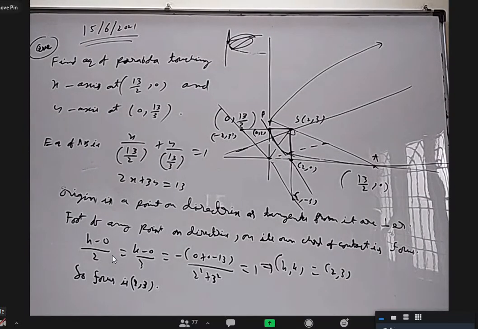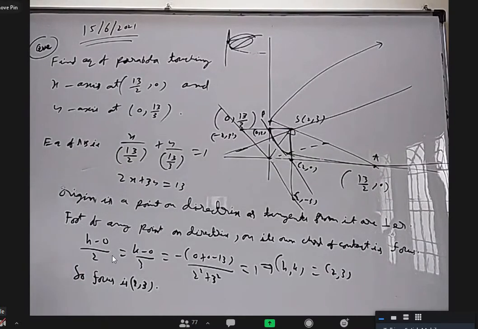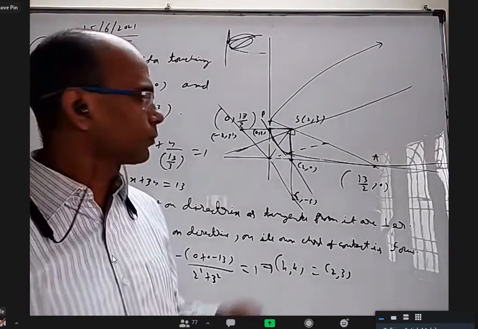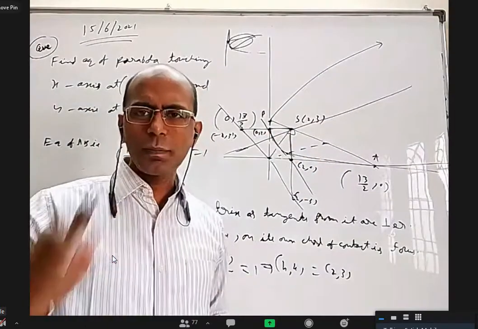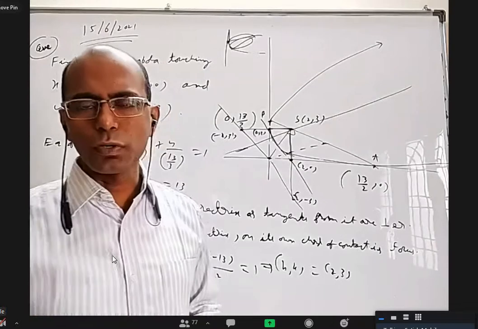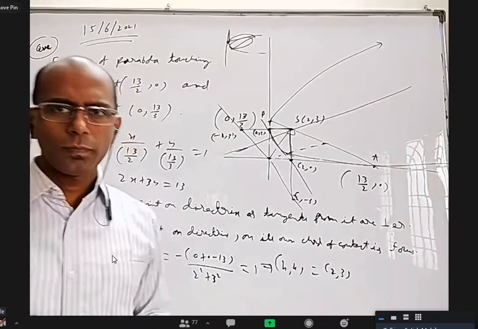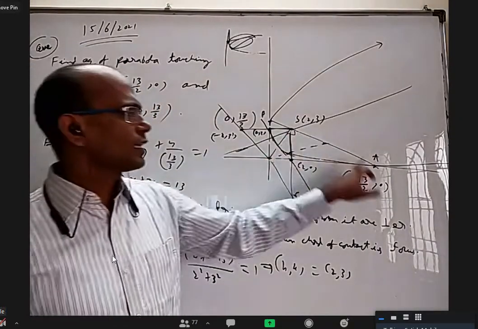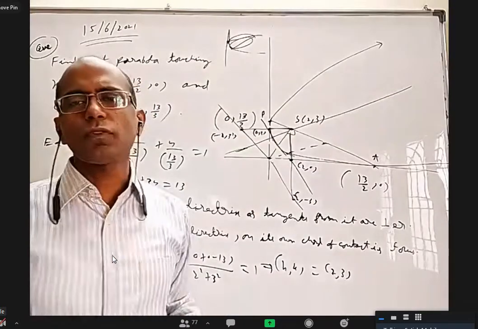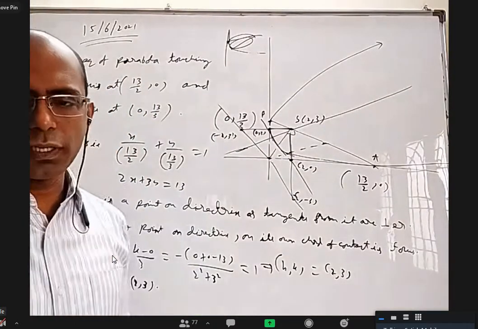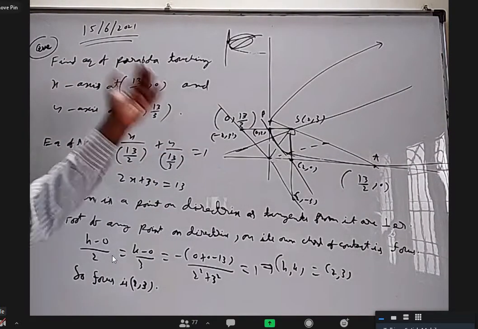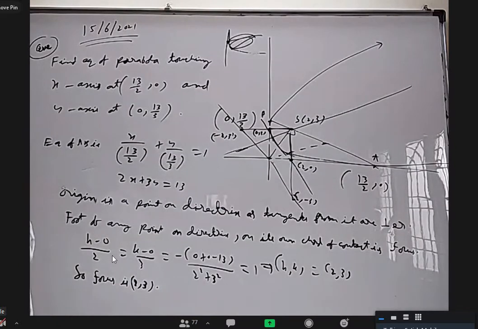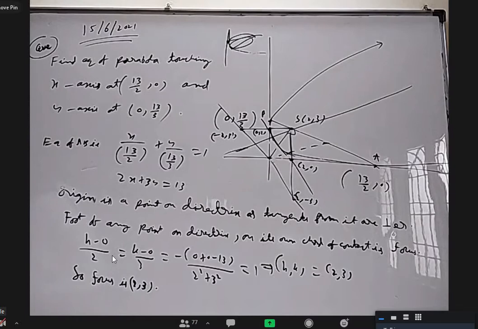Anyway, we found the focus. And one more thing, to find the length of the latus rectum, I'll find SA length and SB length. I think we proved 1/SA + 1/SP + 1/SQ = 1/a. Remember that? So you know SA length, you know SB length. 1/SA + 1/SP you find, you will get 1/a, small a. 4 times that will be the length of the latus rectum. That way also you can find. So there are many properties we learned, anything can be used. Lokeshwar, is it clear? Yes, sir.